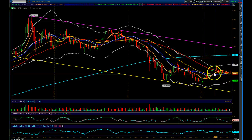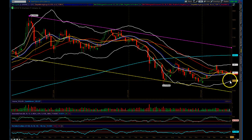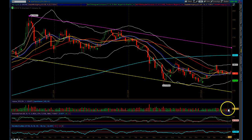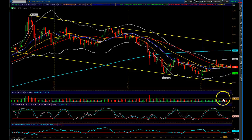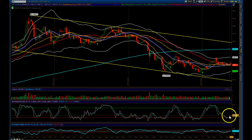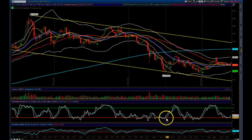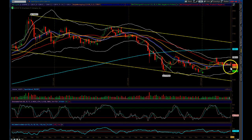There are two ways to look at this. If you look at this chart quickly, it's going to say, hey, we're coming down, testing the lower Bollinger at 1207, and then here. But not quite, because this is where the internal divergences come into play. If you look at the internals, and it's very simple stochastics you have to look at, you're going to see that it's starting to turn, similar to here, similar to here. So what we're going to start to see, I think, is we're going to basically find support here at this 1265